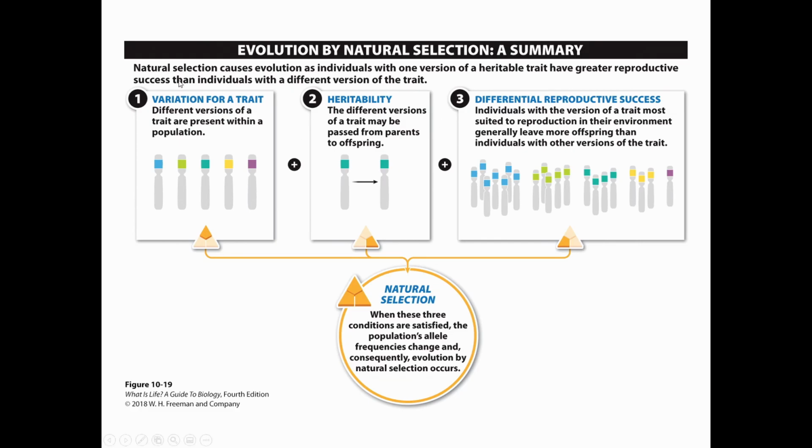So we have the variation. We need variation. In this case, we see 5 different colors. They need to be inherited. Because there are limited resources and individuals must compete for those resources, we see differential reproductive success. And so we see in this case, blue did really well, green did well, teal did all right, yellow did okay, but purple's not doing so hot. So in this case, we would focus on purple because purple is at risk of completely disappearing due to natural selection.